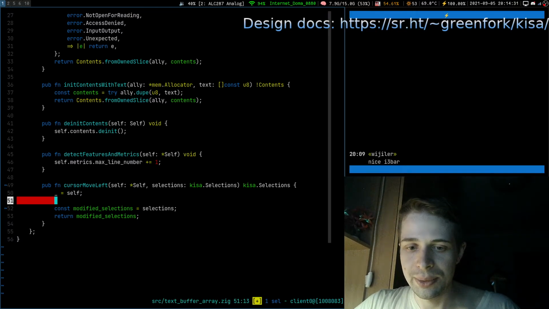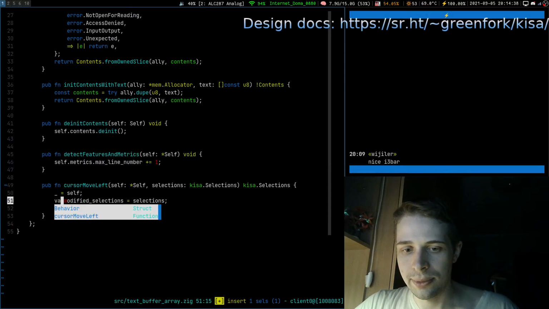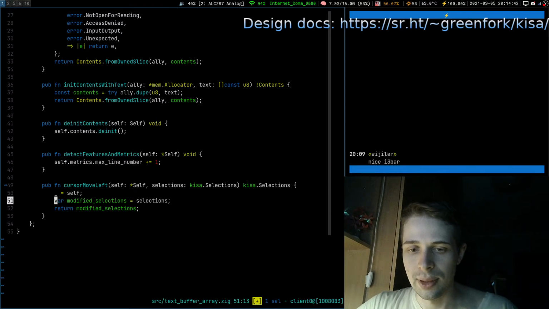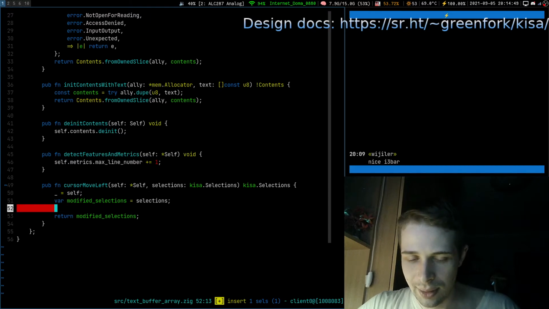So we will have modified selections. We will perform a copy into modified selections, and then we will go through this copy and modify it, and then return it already modified. Okay, that sounds like a plan.